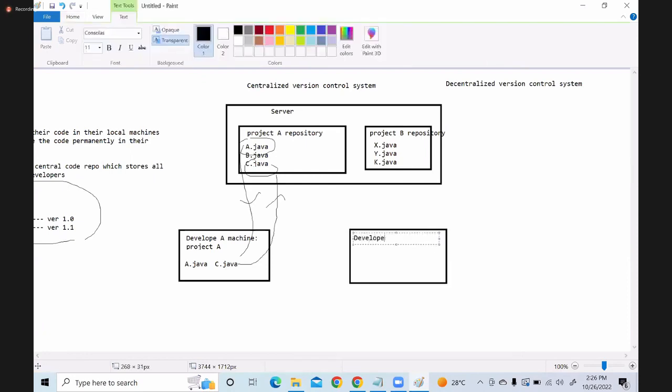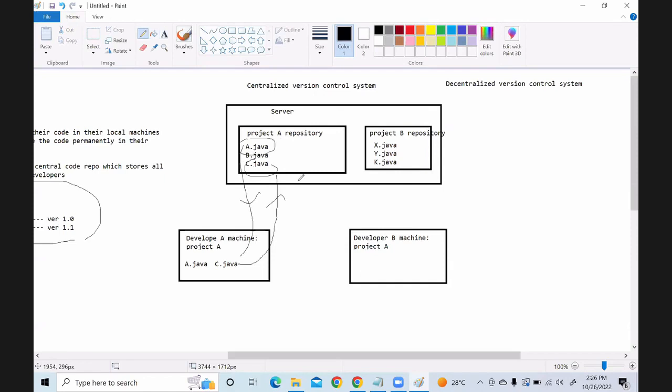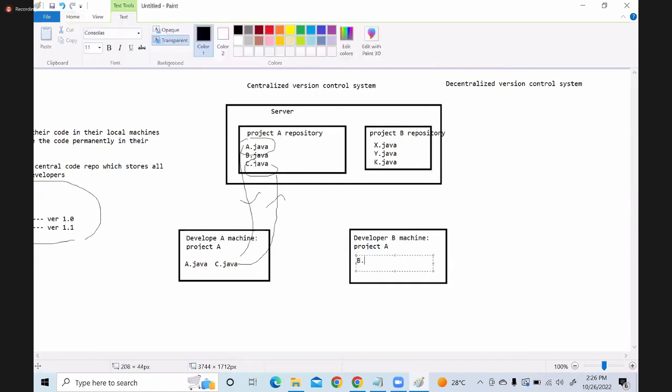Similarly, developer B is also working on project A, and he can take B.java and C.java and make the changes.